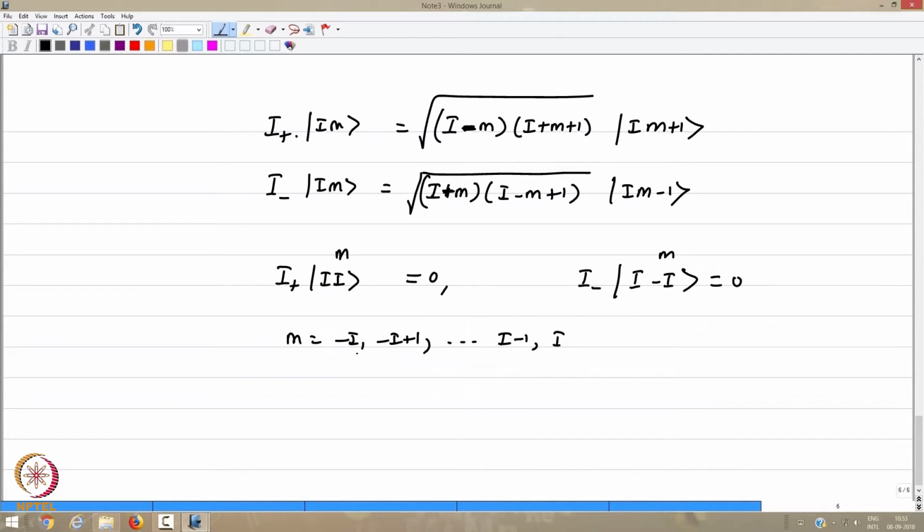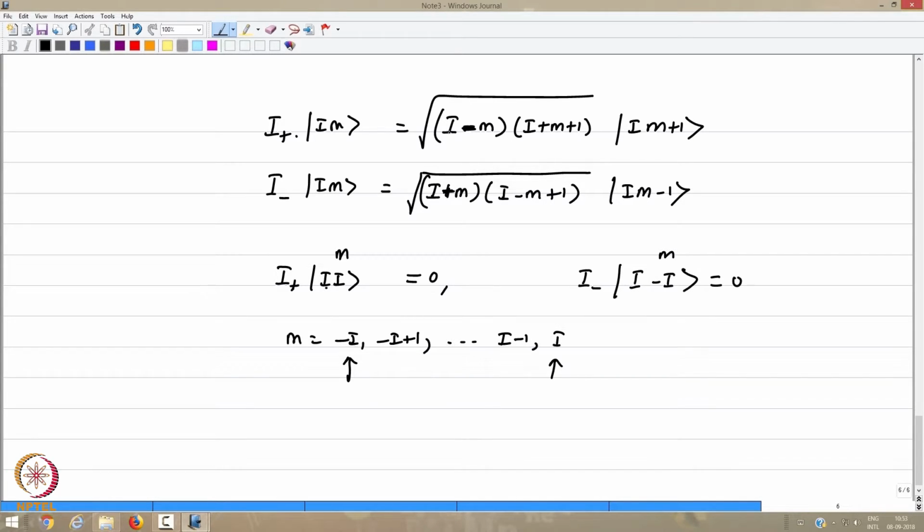For a spin a half, it was very easy. This was a minus a half and this was a plus a half. There were only two states because minus I plus 1 stopped with I. Therefore, for a spin a half system, the I plus on a half, half was essentially 0,